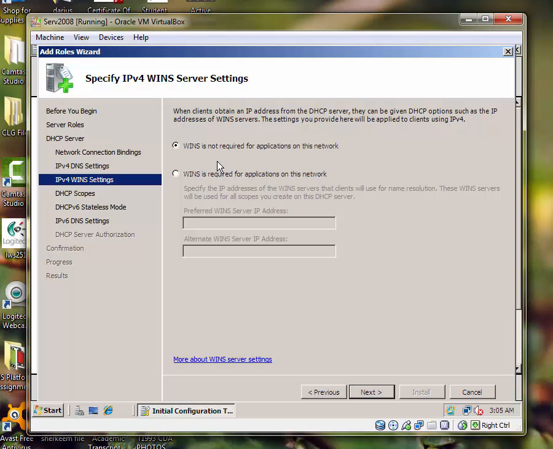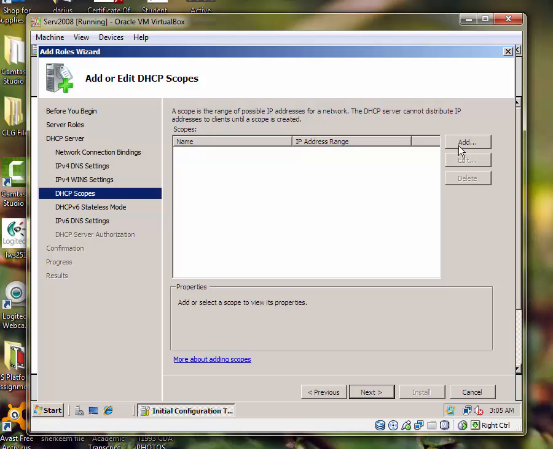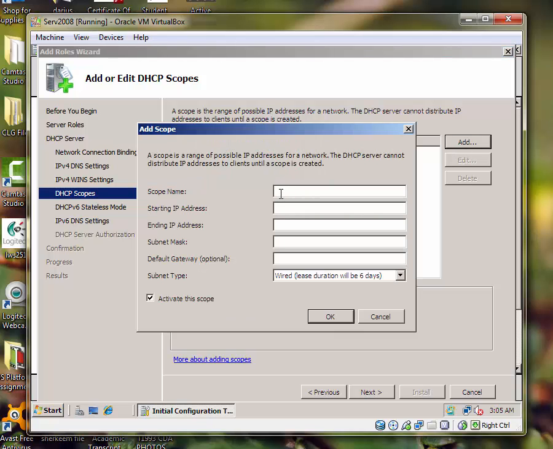For the WINS server settings, I'm going to leave them set as default right now, just for the sake of this tutorial. I'm going to select next, and add an IP address range scope. The scope name would be Jazzy. The starting IP would be 192.168.0.100, and the ending IP would be 192.168.0.300. The subnet mask would be 255.255.255.0,